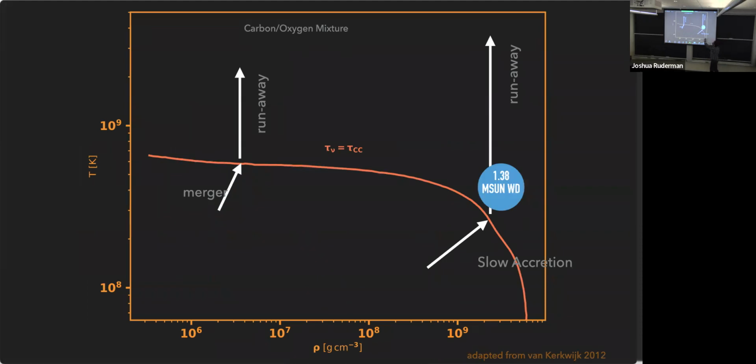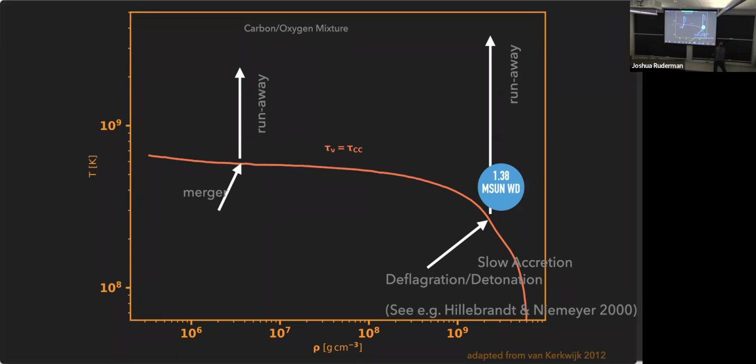So we have these two things, and I'm going to go to the two extremes. We have the 1.38 solar mass white dwarf. If you burn this with a deflagration, you will make too little nickel-56 to explain the type 1A supernova brightness. If you burn it with a detonation, you will make too much nickel-56 to explain the supernova brightness. So for these objects, you need a deflagration followed by detonation. That happens on Earth in diesel engines. This is exactly what this is.